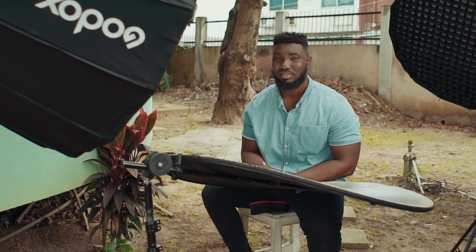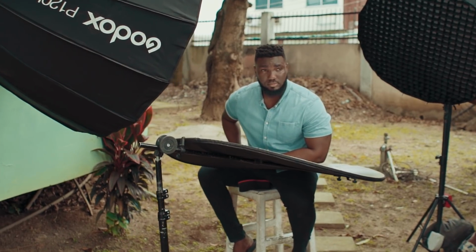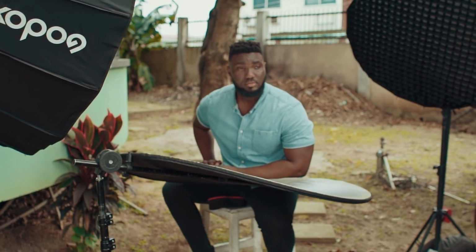You guys should definitely try this at home if you have the lights. If you don't, then when you get the lights, definitely try this. You're going to need lights that have high speed sync. Another piece of advice: when you're taking headshots like this outdoors,